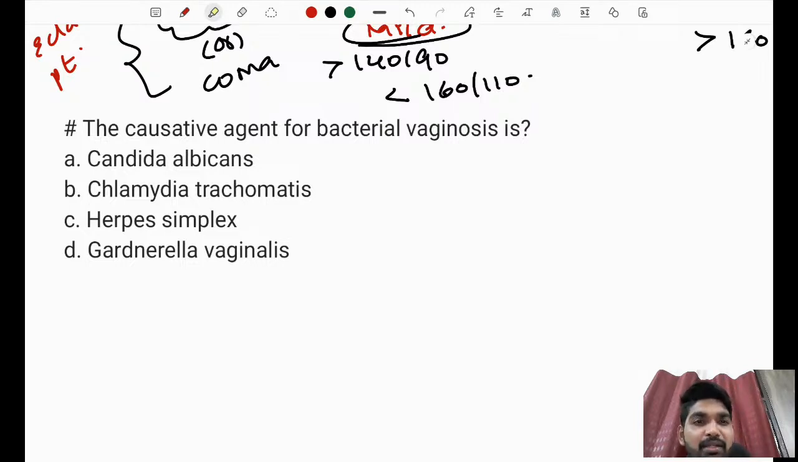Chlamydia trachomatis. Okay, most of you have gone wrong with this option. Let me tell you, the correct option for this is option D, Gardnerella vaginalis. Those who have answered it as D,